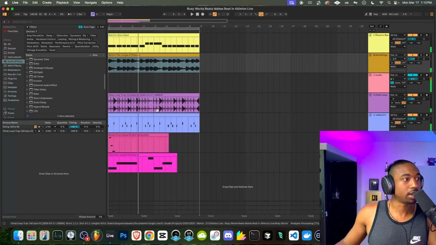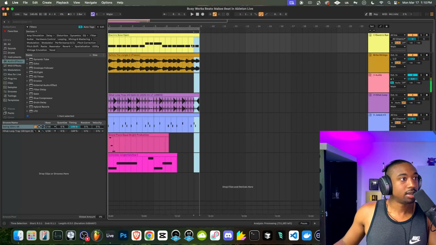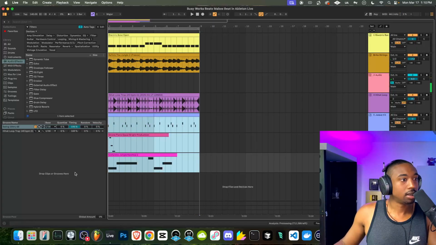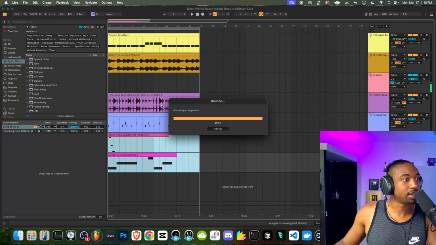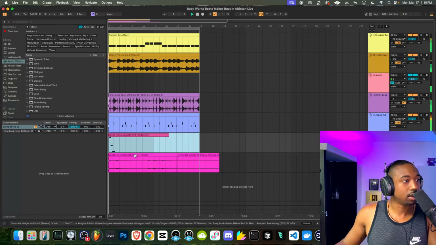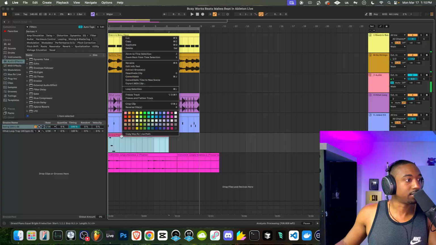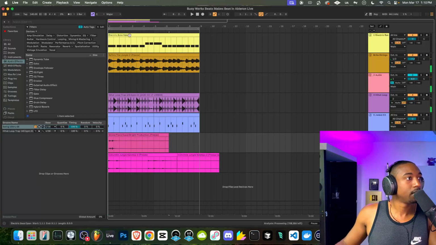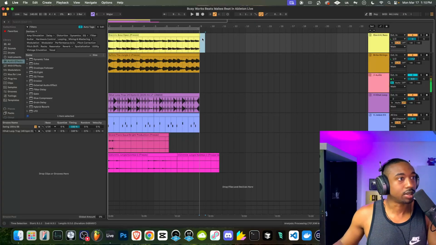Now, because we lowered that 8 semitones, we have to lower all this audio 8 semitones. So what I will try to do, I don't even know if this is possible, let's see if we can highlight all of our MIDI except for the drums. I don't even know if this is a function. Okay, so I'm going to highlight all this. Let's see if we can freeze and flatten this stuff. And I can't tell if it did the piano or what. Let me go back. Okay, so it only does it line by line. So let's freeze and flatten everything here. Now this is very fast, converting it to audio. I love that feature. That's dope.